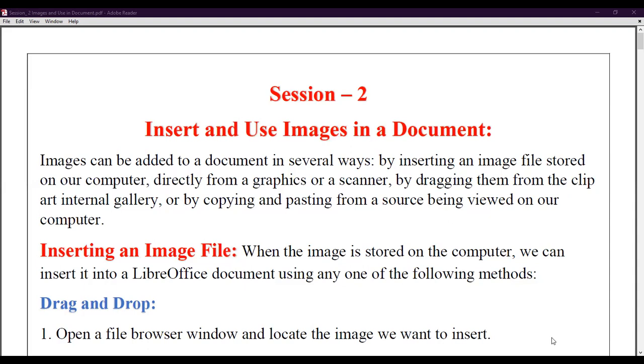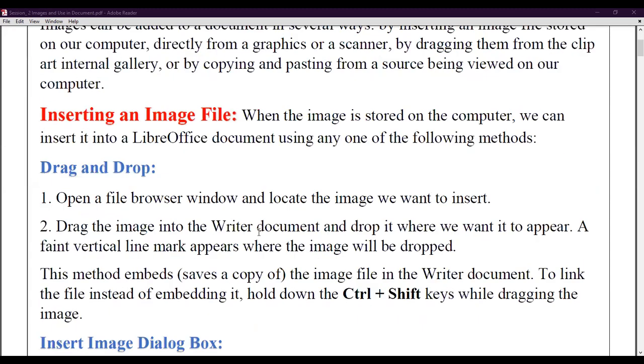The second primary method is that you click on the upload button, a dialog box opens, and you select the image from its location. And third, you can drag and drop it also. So these are the several methods in which we can insert images. We will discuss every insertion method one by one. First we will discuss inserting an image file by the drag and drop method.